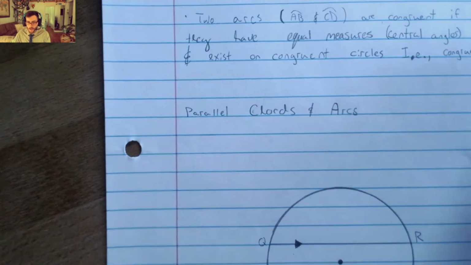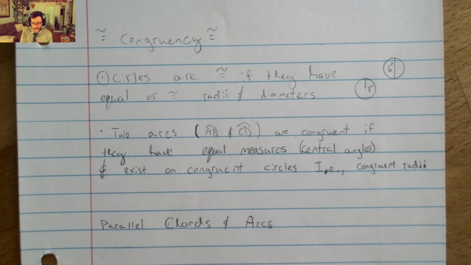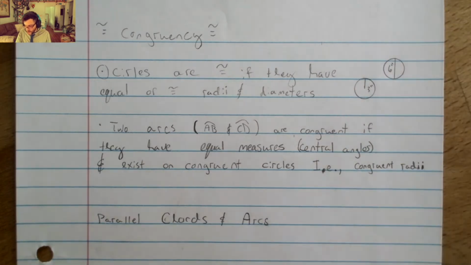We got set up here for you a few pieces of notes, but with congruency we're talking about things that have equal shape, equal size. We don't necessarily use the word equal all the time. Remember, equals is when we're referring to a measure, so they're kind of interchangeable. But with congruency, we're talking about two squares that look exactly the same. And when we're referring to equality, we're talking about two circles